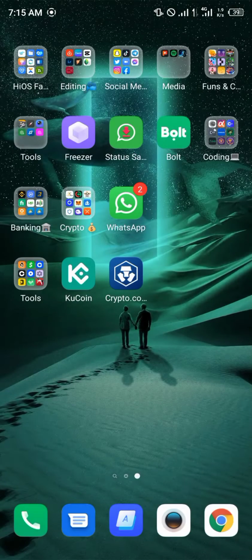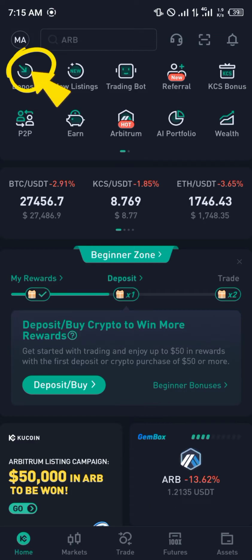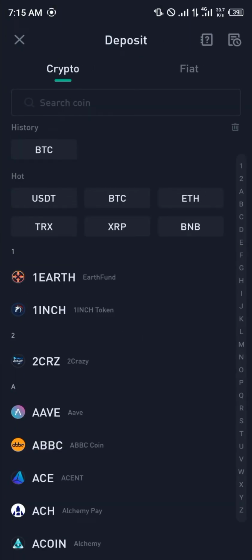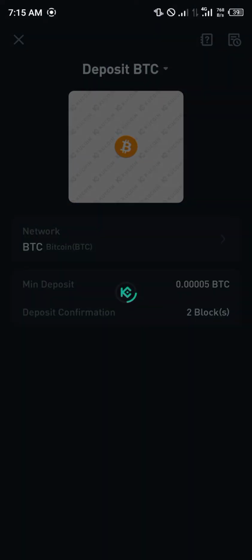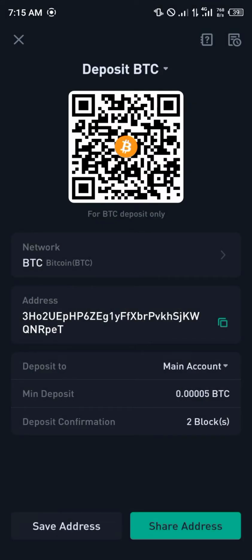And now we have to head over to the Kucoin app, where we will simply get our Bitcoin wallet address from. So you minimize, head over to Kucoin, click on deposit, click on BTC. And now once Bitcoin loads in, you have to take note of the fact that the networks have to match for the withdrawals to take place. So if you're sending Bitcoin on the Bitcoin network, it should be Bitcoin on the Bitcoin network. So you click Bitcoin, you copy your wallet address,